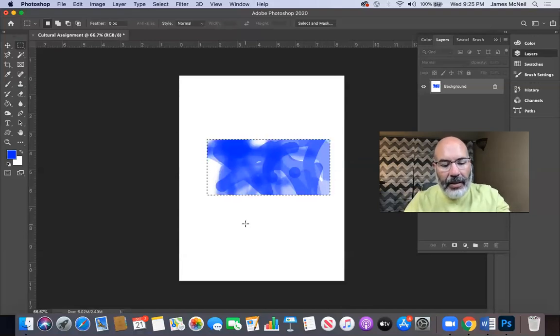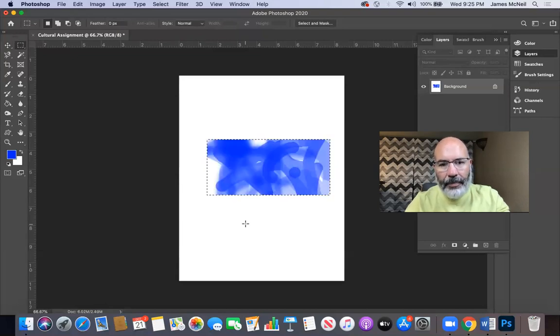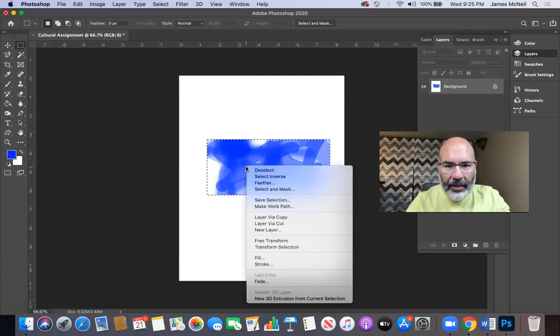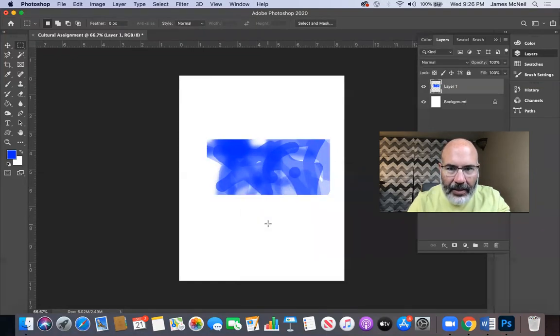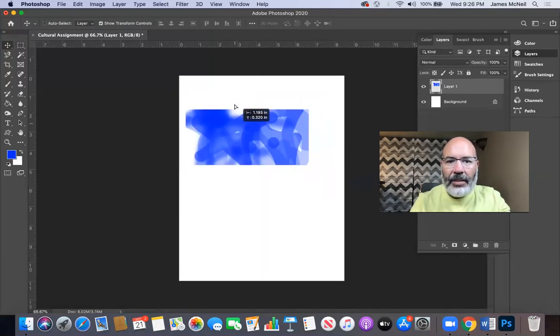I could hit Command or Control and then X to cut all of that image out of there. Or I could right click and I could go to Layer Cut, and then look what happened. It created a new layer and put that right in there. And now this is a completely separate object than what my background is, and I can do anything I want